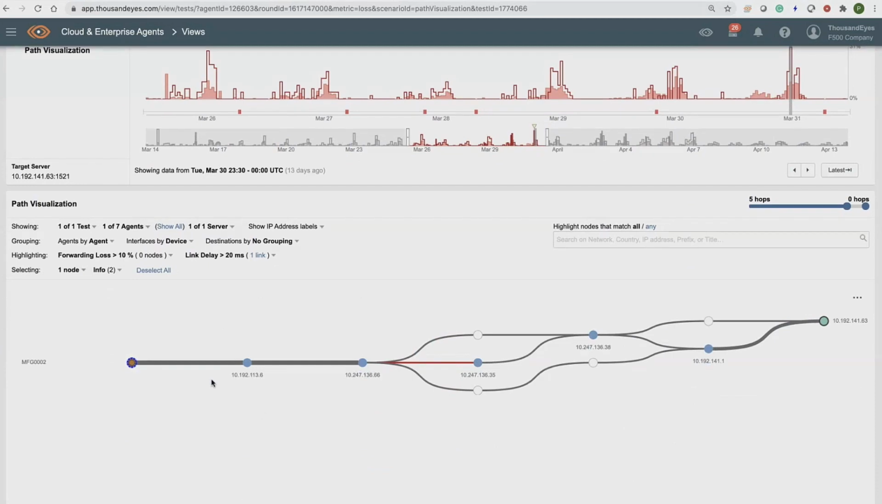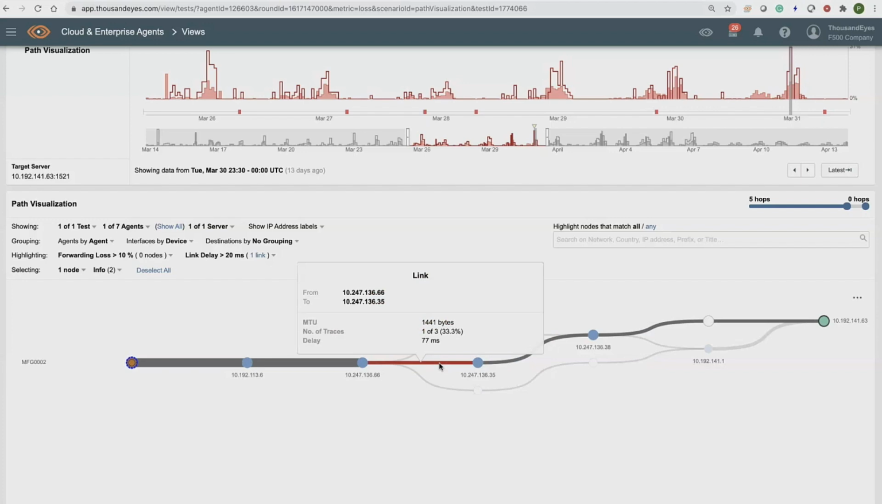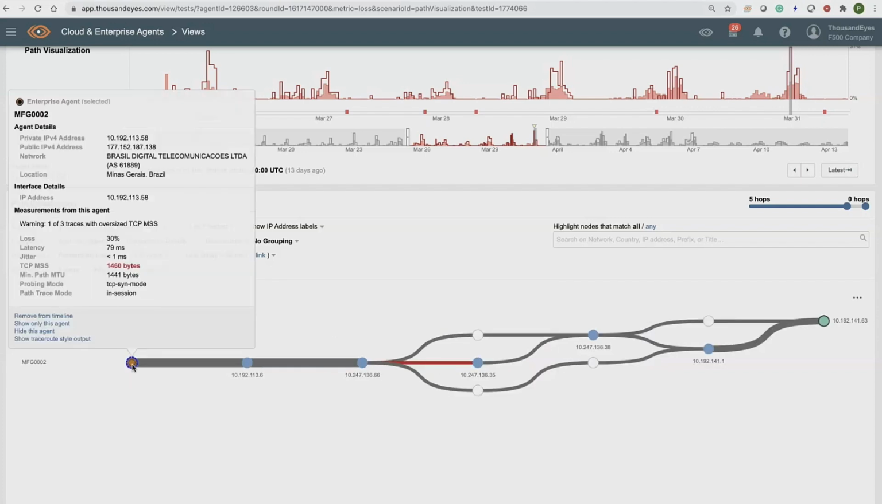And in this case, I'm seeing where some of the delay might be happening, although that may not pinpoint where the problem is occurring. One thing I do notice as I look at the data is a TCP maximum segment size and MTU mismatch, where